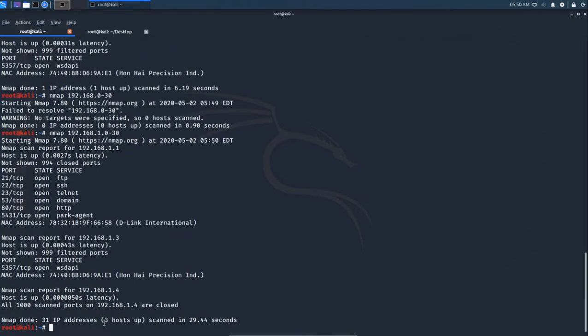So how does this help in penetration testing? Many hackers need to know on which ports they can enter and penetrate through.